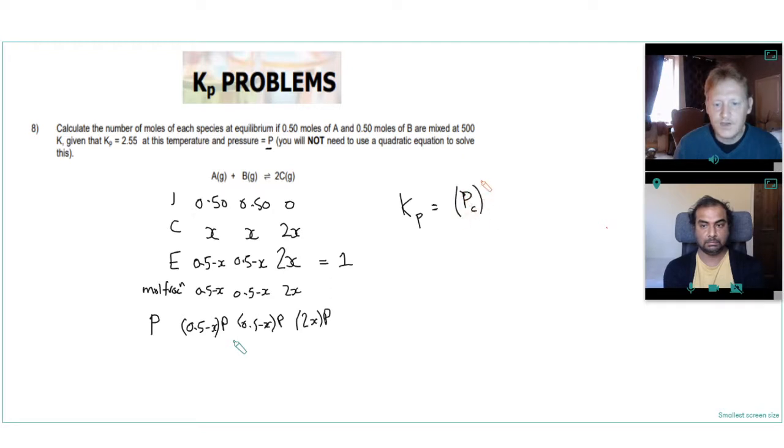So it's the partial pressure of C squared over the partial pressure of A times the partial pressure of B. So that would be 2x times P, all squared,